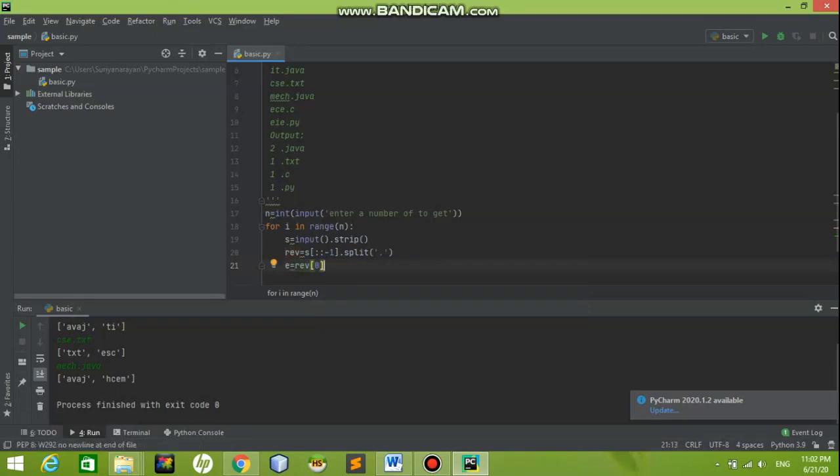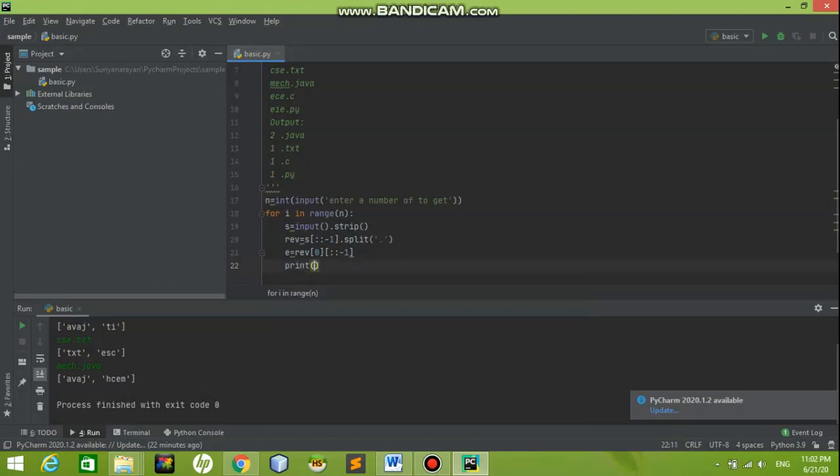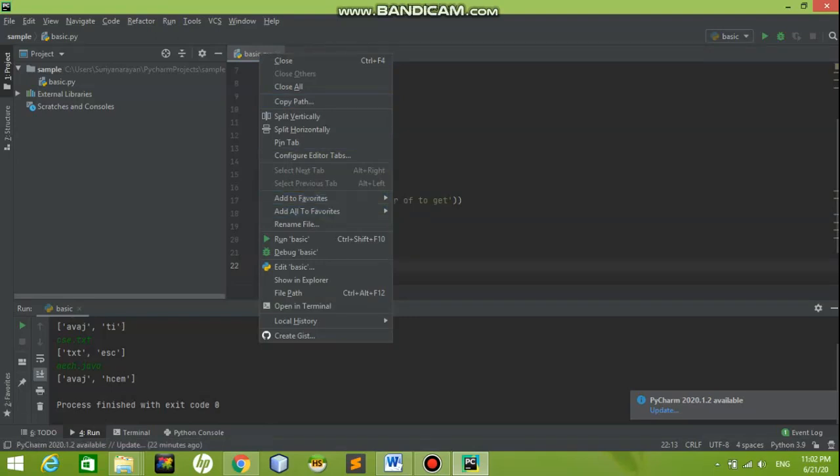Now I am going to reverse that extension. So in rev of 0 I have the extension in reversed manner. So I am going to reverse that. So if I print this and when I run this